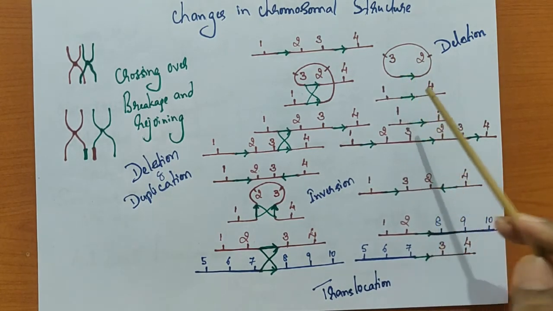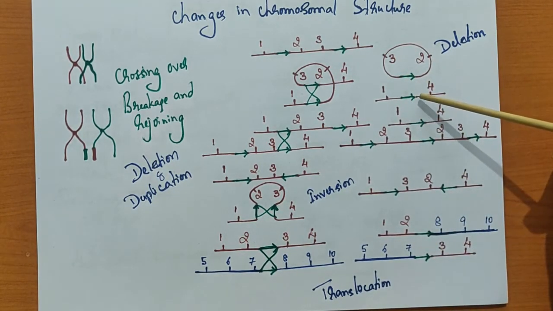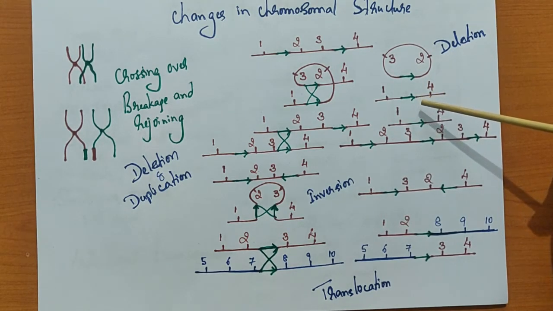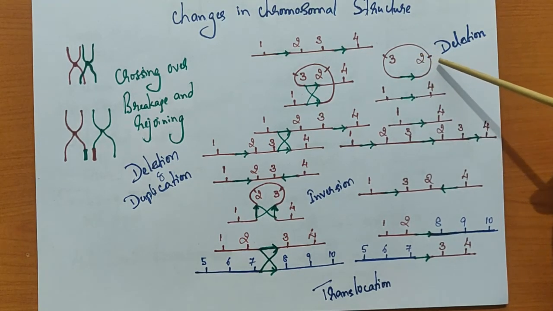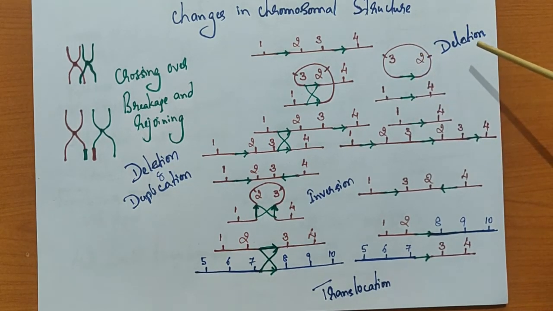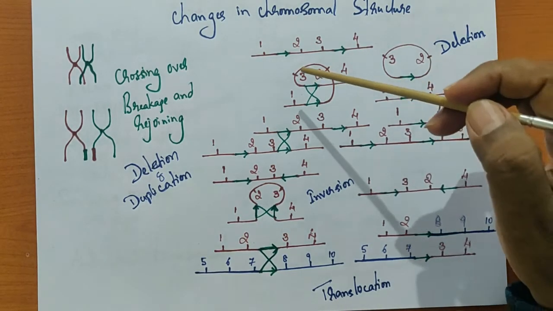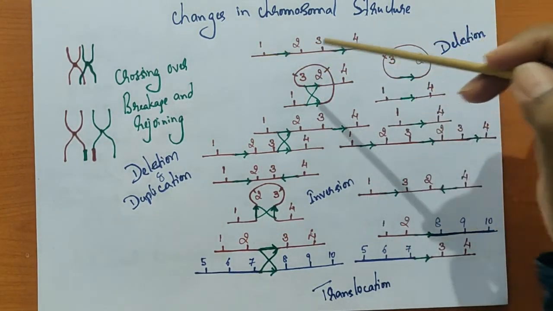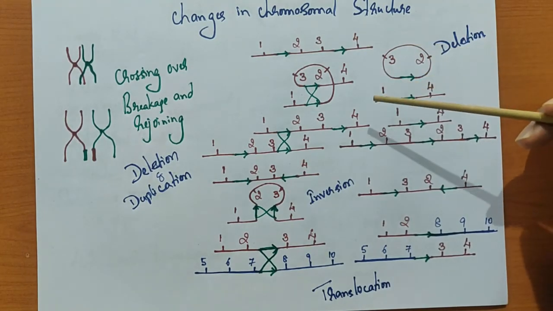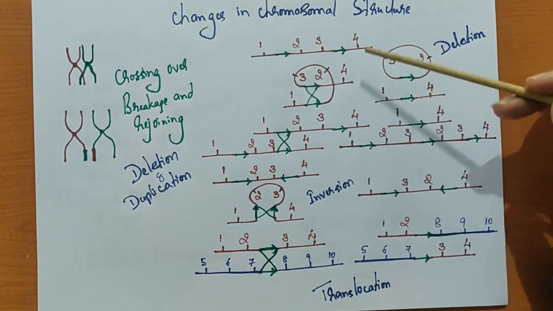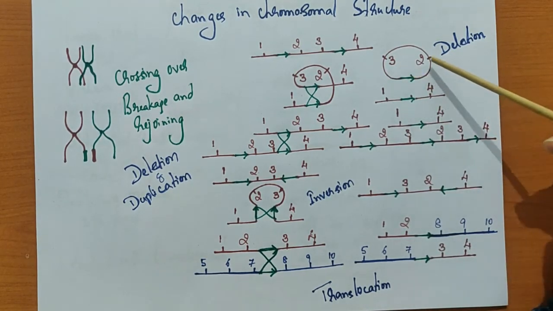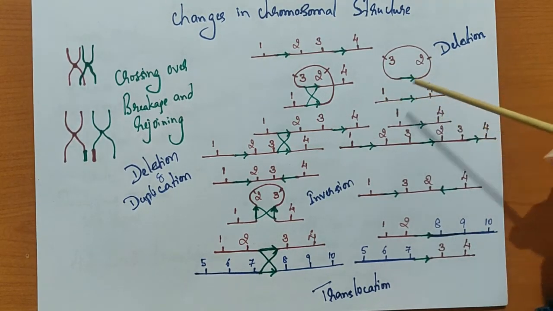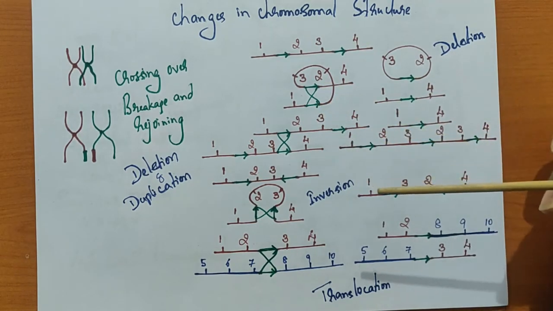Now during cell division, if this one has a centromere, it is going to be taken into the daughter cell. Since this one does not contain any centromere, this particular region is deleted during the cell cycle. So in the F1 generation, we have 1, 4, and because of the crossing over happening in this condition, these genes are going to be deleted. This process is because of a crossing over.